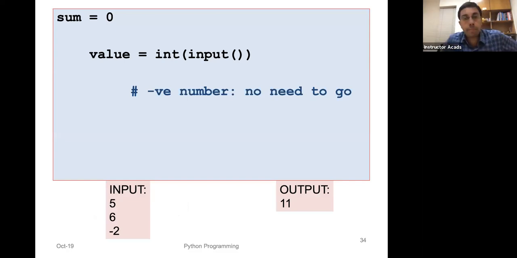Okay, so how do you implement this logic? You keep track of a sum variable to keep the sum, and it's a sum of integers, so the result will always be an integer. So you keep sum equal to 0, and then